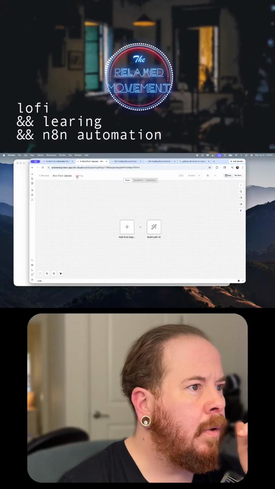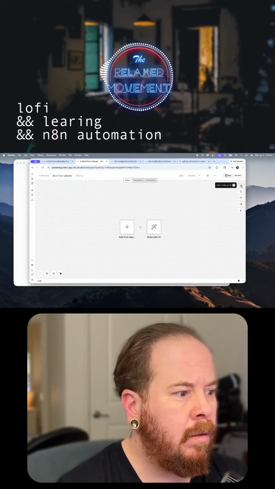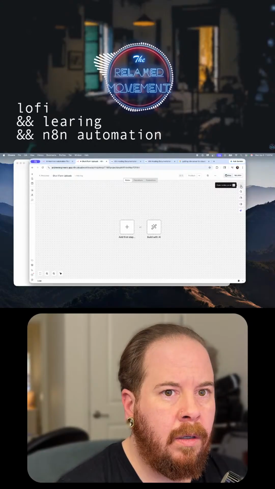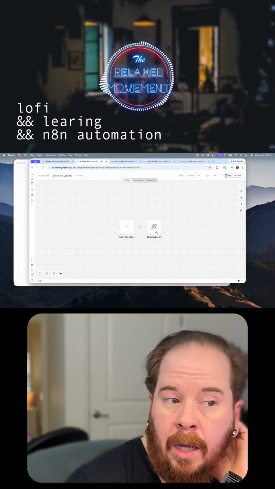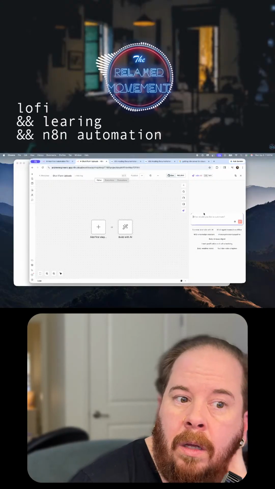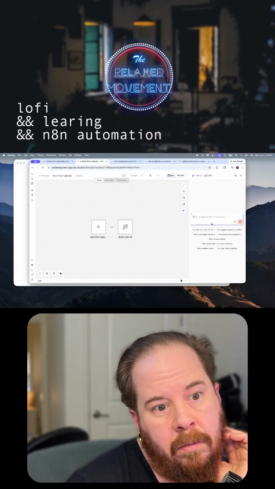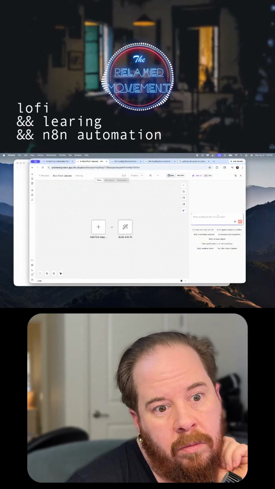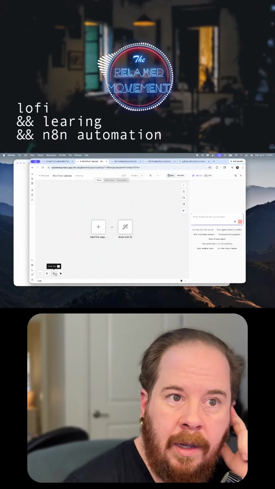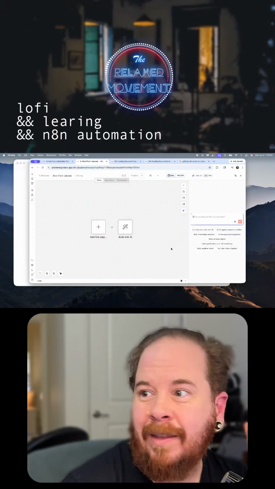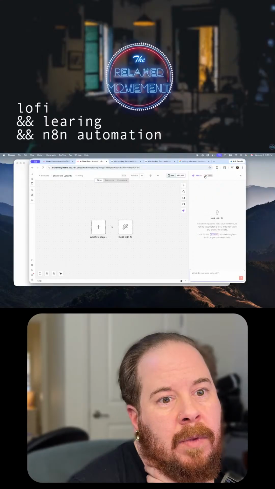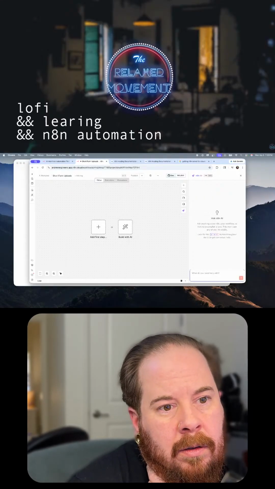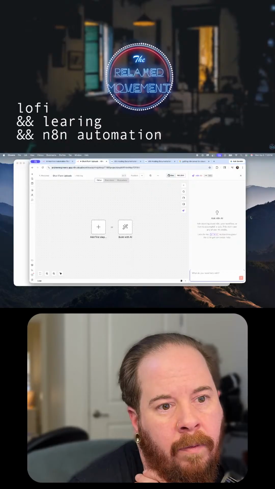Okay, and then where did he add? Mine looks different. Open nodes panel. Build with AI. Let's see. Oh. Should I try the AI or should I try to build it myself? Let's see. Ask anything about n8n, your workflow, or how to accomplish a task.